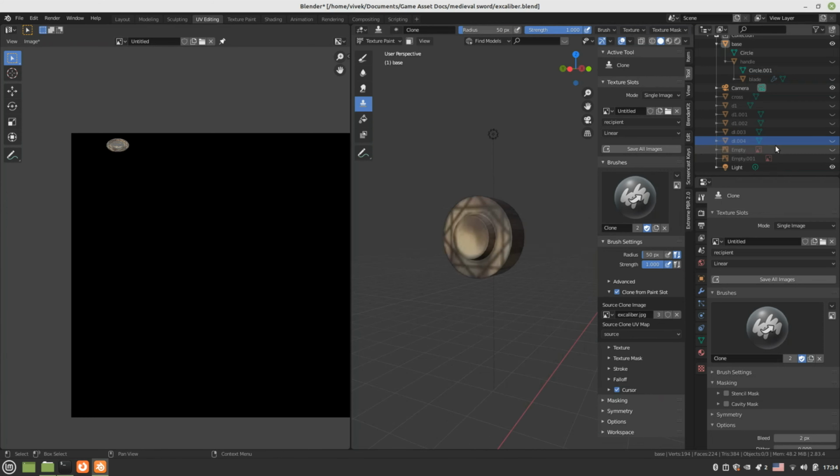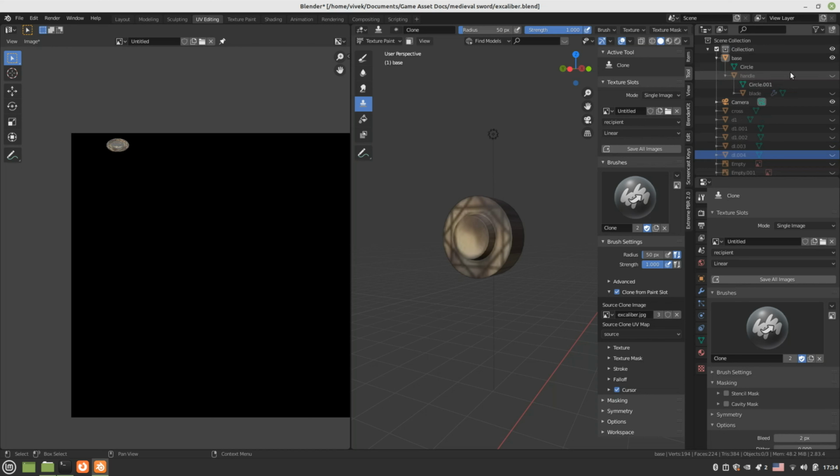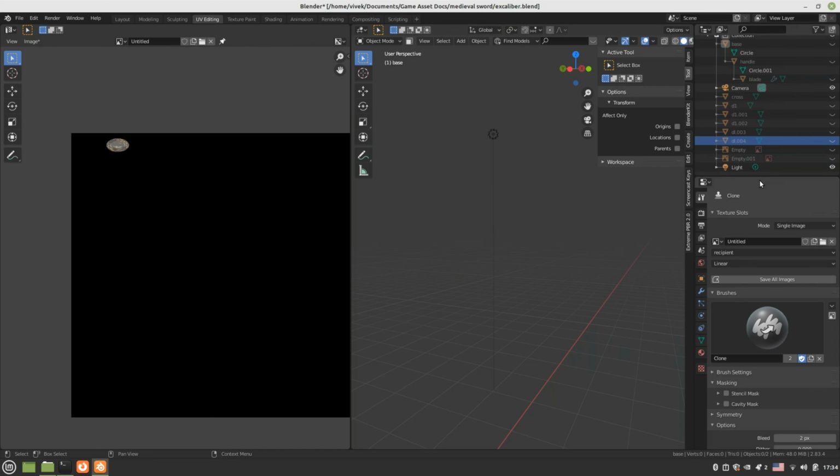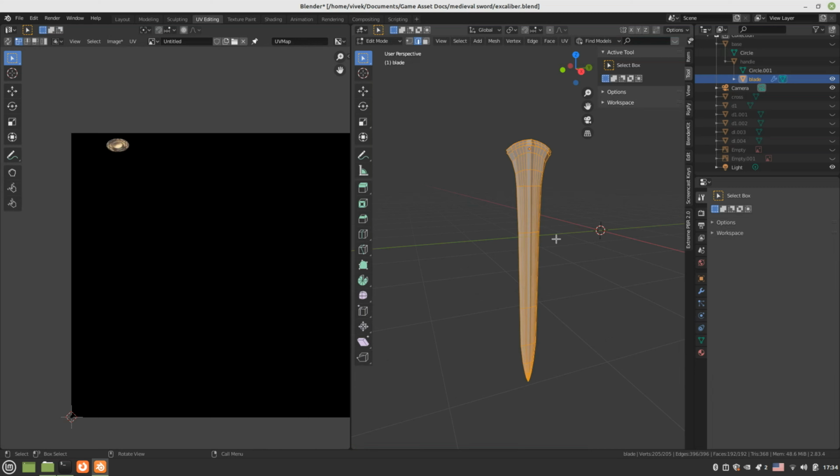Okay, this is done. Now, what we can do is this we can make it invisible. We can take the blade. And